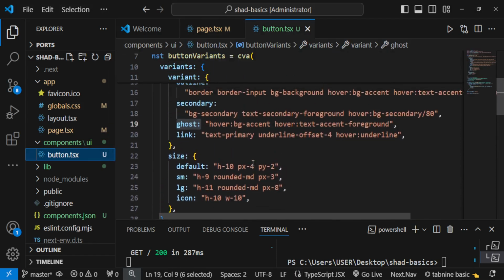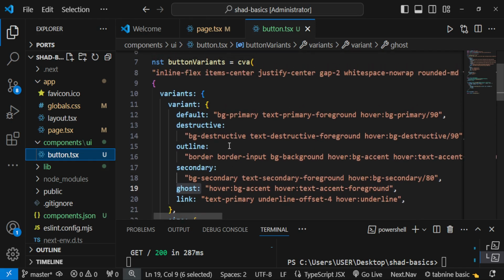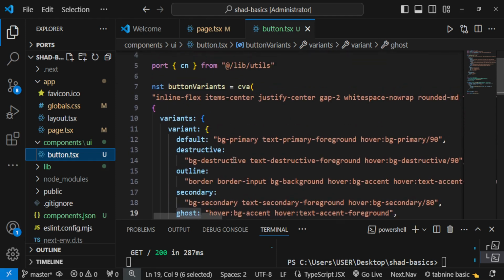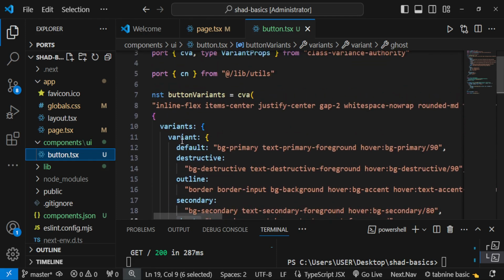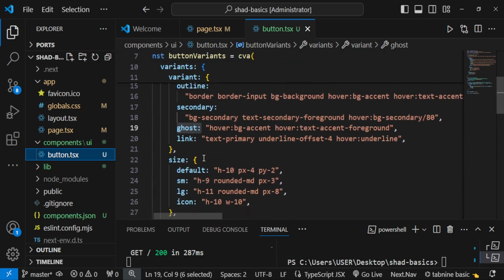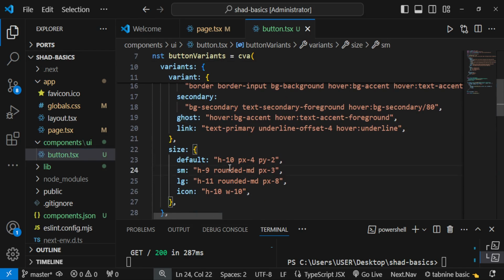Okay, we do not have any other property. So for our button, you have the colors and the sizes. So these are variants, but we have the respective variant, which can be either destructive, outline, secondary, or ghost. With that, I hope you've understood how to use shadcn and how you can implement it in your own button